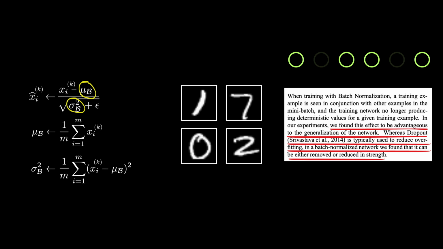This should encourage layers of the network to be more robust to slight variations in its input, in its attempt to be robust to these fluctuations, which in turn should improve generalization of our network. The authors indeed found that with batch norm, dropout in networks can either be removed or reduced in strength. This small addition of standardizing values in a layer brought about significant benefits in terms of training speed and accuracy,